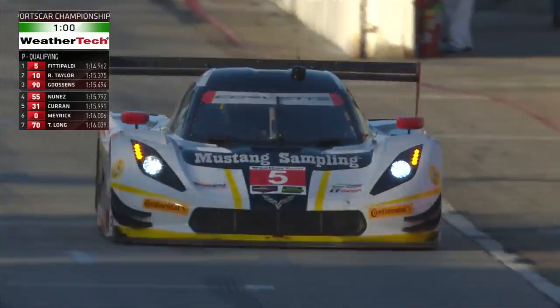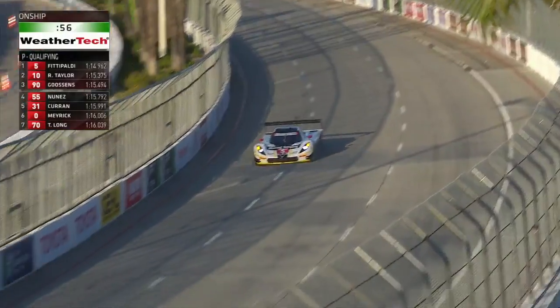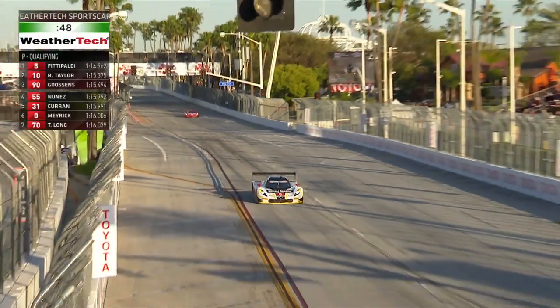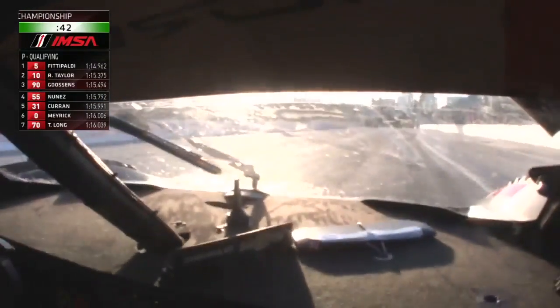1:14.962. That is exactly right. There is just going to be time for one fly down. So no pressure, guys. Just get out there and nail the lap. That's the plan. Tristan Nunez came straight back onto pit lane as well in Color 55. He's currently shown as the third fastest time, but he is not going to be out there for this final